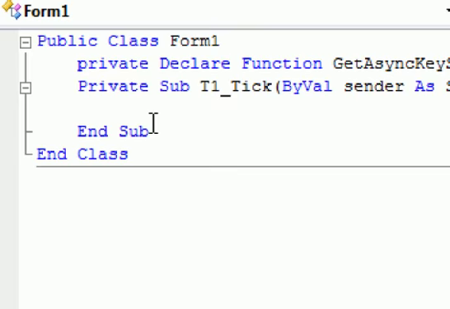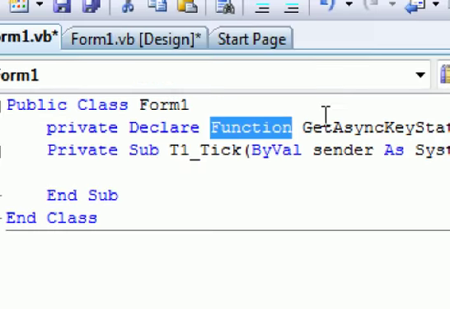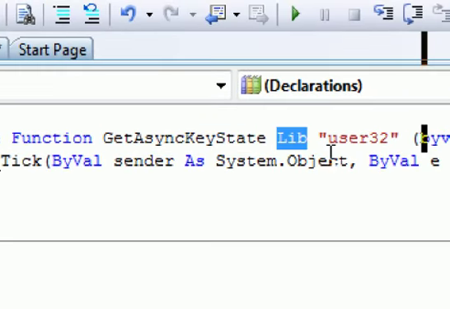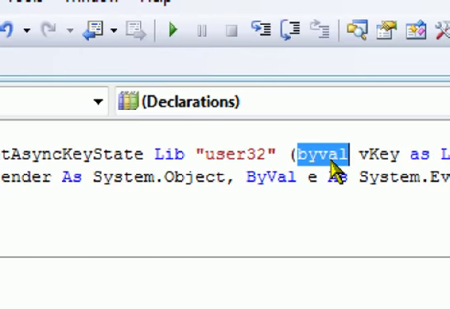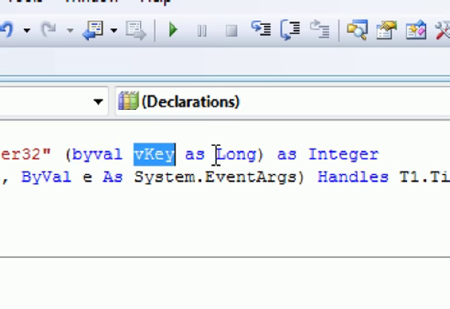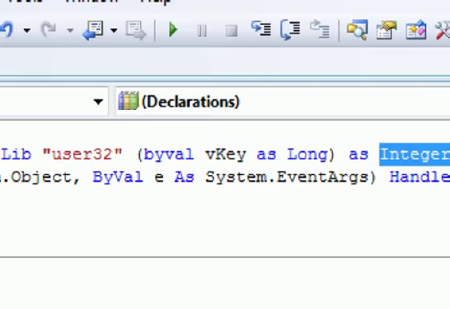It says: Private Declare Function GetAsyncKeyState Lib "user32" (ByVal vKey As Long) As Integer.